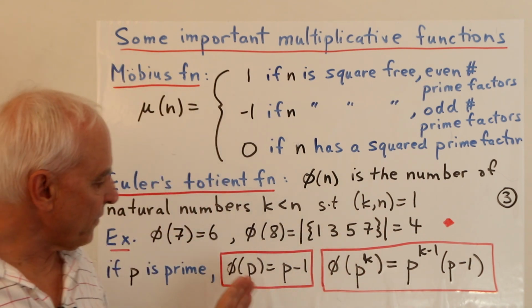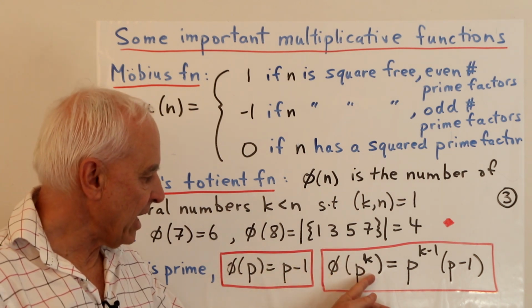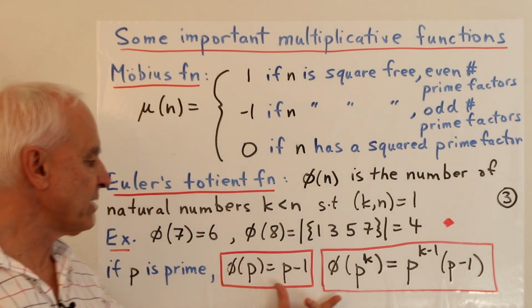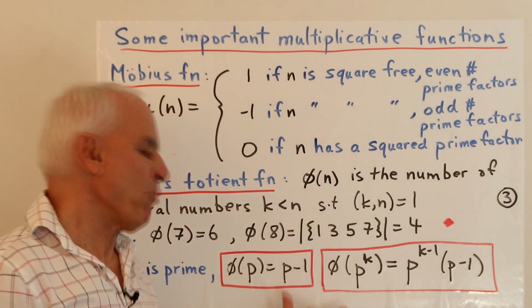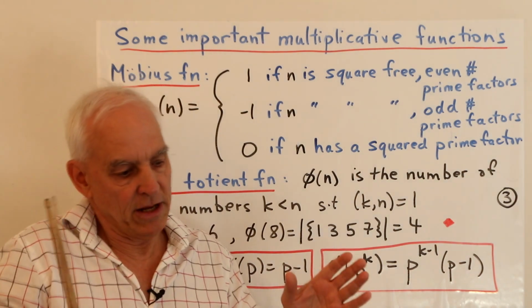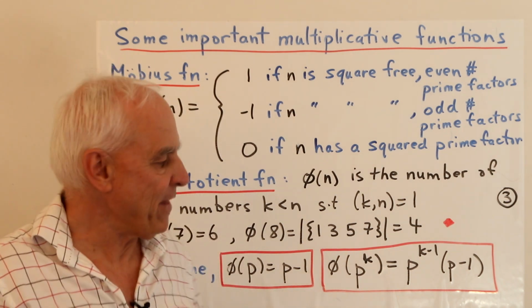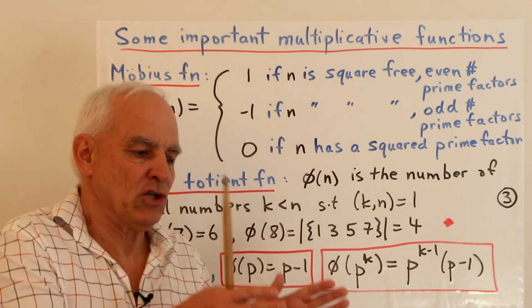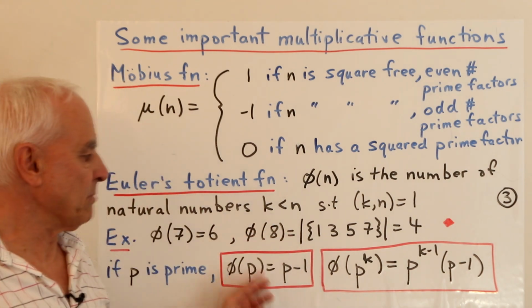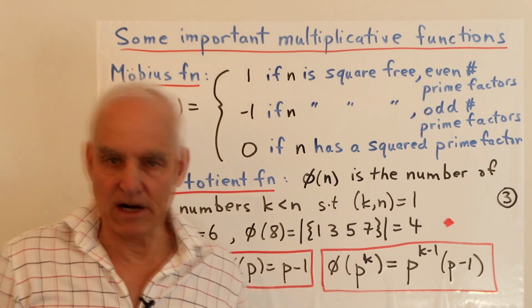So this is an example where we see that it's not strongly multiplicative, because this thing here is not the kth power of this. Okay, so it's not strongly multiplicative, but it is multiplicative in the sense that this formula suffices to allow you to calculate phi of any number, because you just decompose the number into prime factors, assuming you can do that, and then you apply these formulas to each one of those prime powers. And the result will just be the product of all of those. Okay, so this is the Euler totient function.